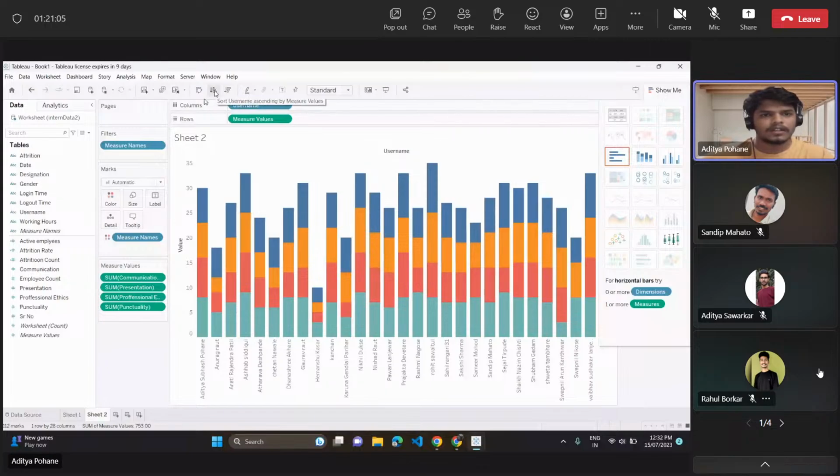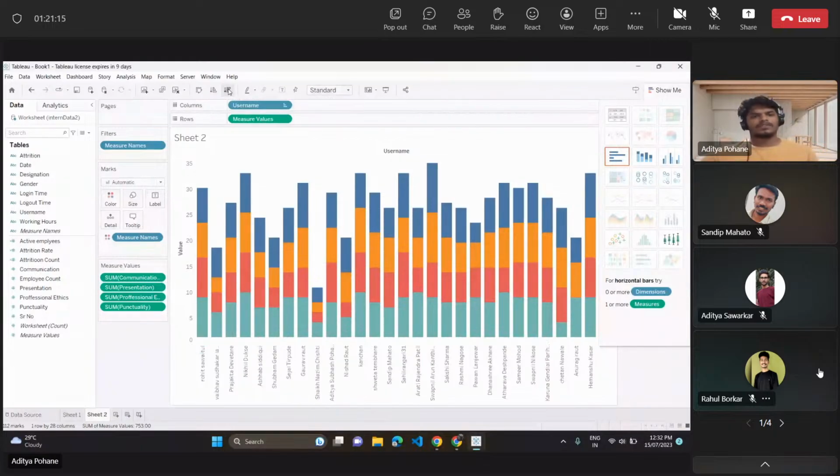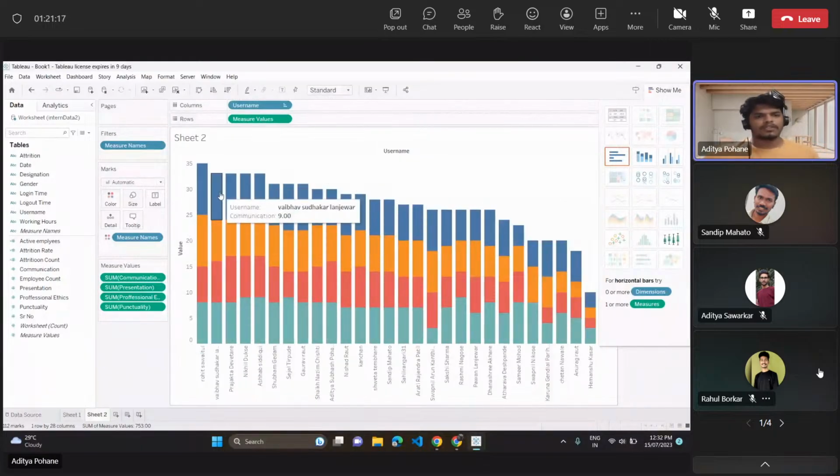So here are the options, like sort them with the ascending values and sort them with the descending values. So I want the descending value. So here are the charts, like Rohit Savaitul is getting the best employee, and it is descending by mass. So now the chart is created, but